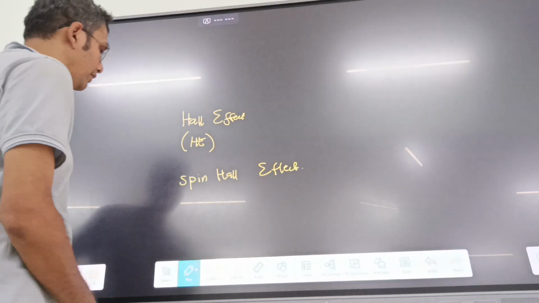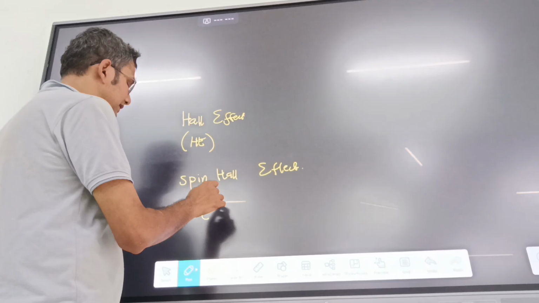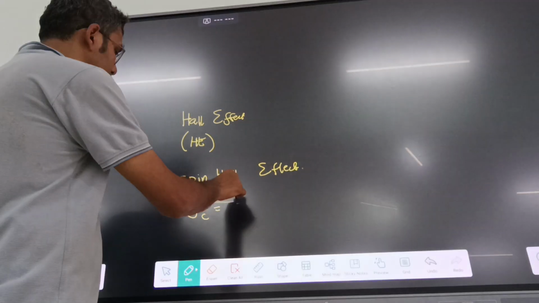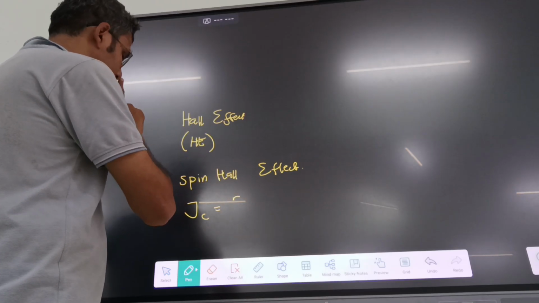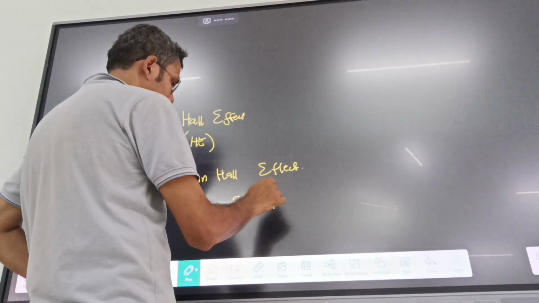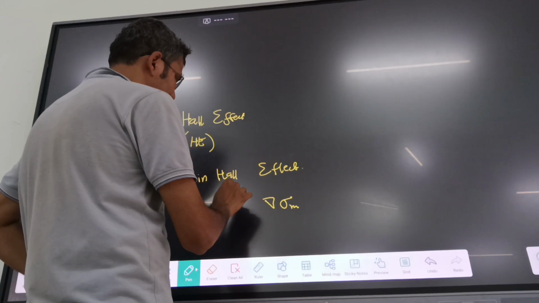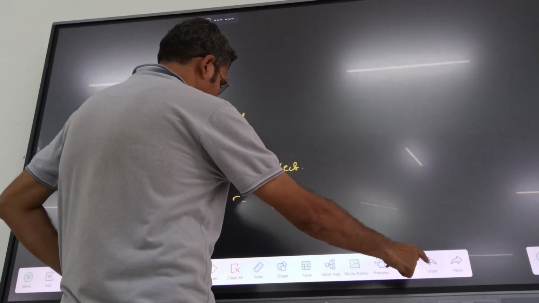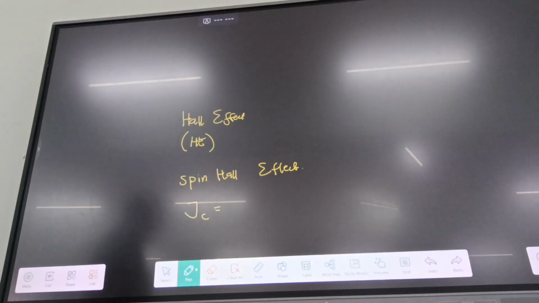It is again the generation of current due to... तो मैंने शेयर किया है ऑलरेडी spin Hall effect का तो शेयर किया था. तो यहाँ